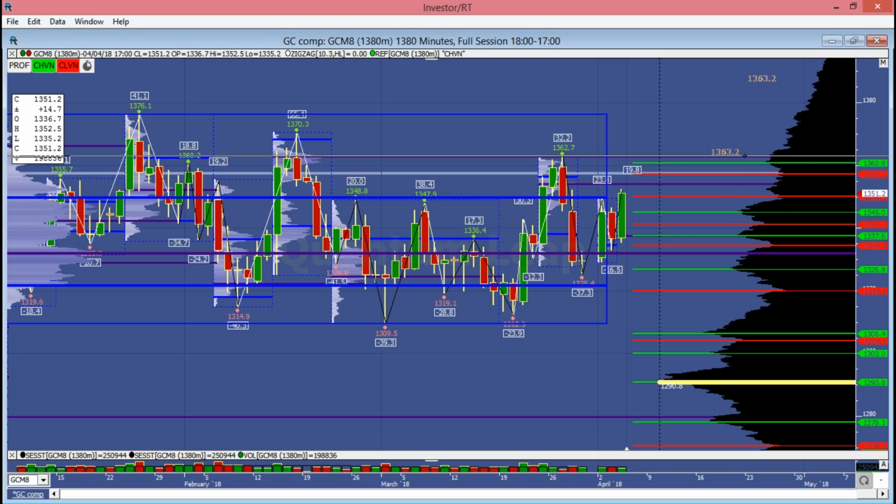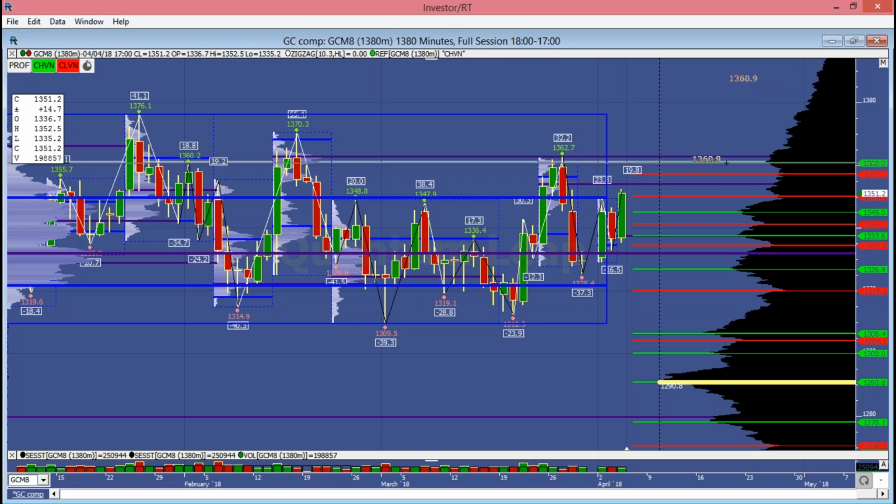I don't think we're going to get much higher than that. But if we do break above the 57, the immediate target is the 60, 61 area, and the next big target above, which is at 1362.80. So just be careful. If we get below the 41s, then look for a trip back to this 37 area once again.